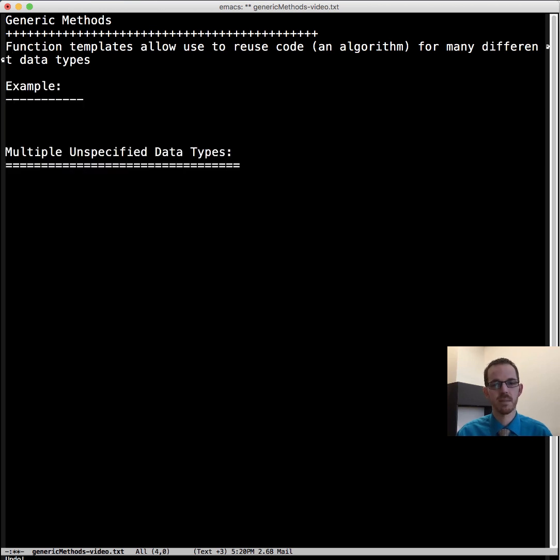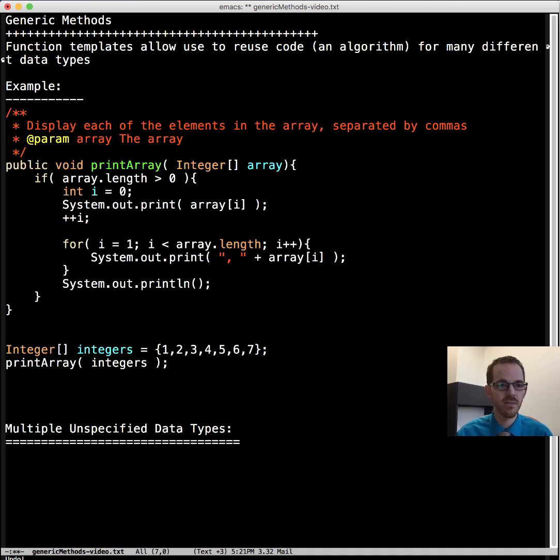So let's see an example here. Let's say you wanted to write a method like a print array method that prints out all of the elements in an array of integers. Okay, well, we verify that the length is at least 0, there's at least one element in there printed out, and then for all of the rest of the elements we print a comma and then its element and then a new line. Well, that's great, we put commas in front, and so we have a more intelligent display now.